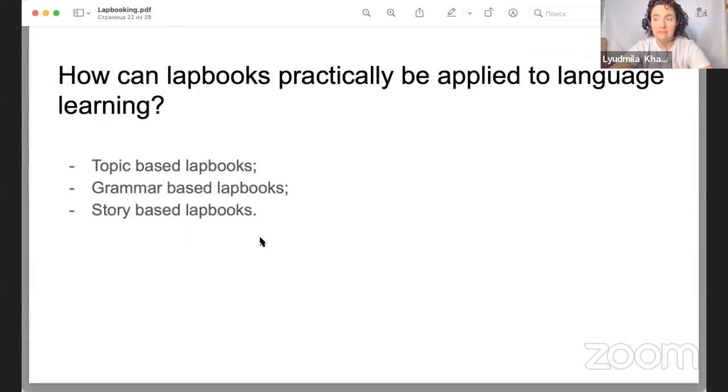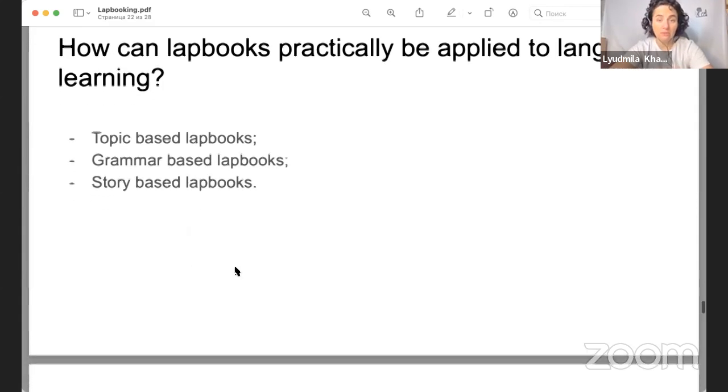If you're discussing a certain grammar phenomenon for some time with your students, it's a good idea to create a lab book where you will have a structure, the explanation of how the structure can be used, the diagrams, some exercises, some special materials. So it's like a combination of a student's book and a workbook, but self-created. And you can have story-based lab books, because during your summer camp days, you're sure to read some stories, and it's a good idea to create a lab book